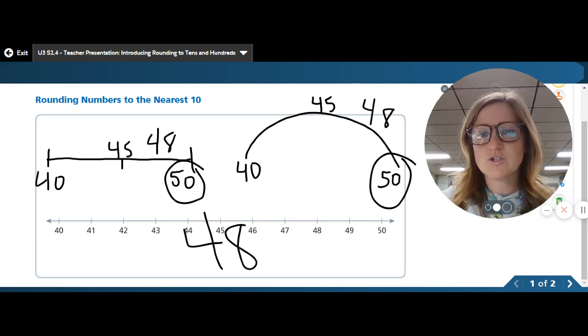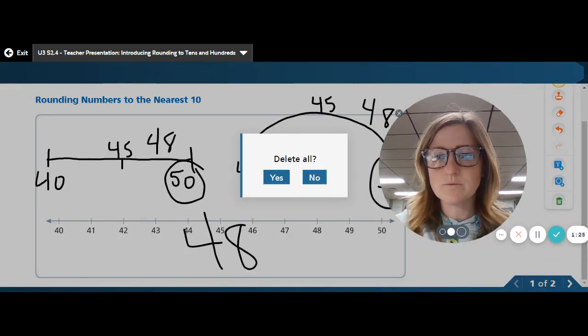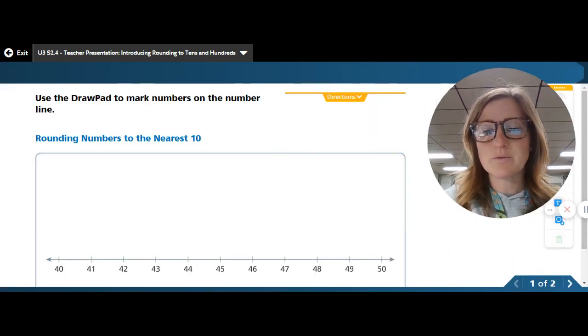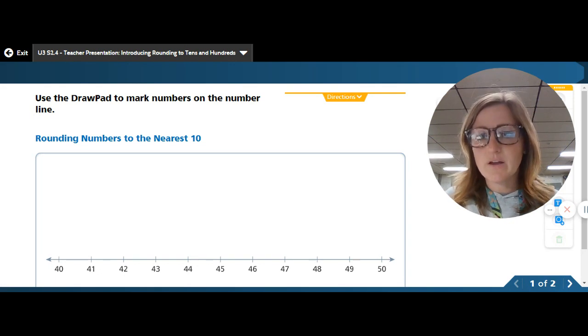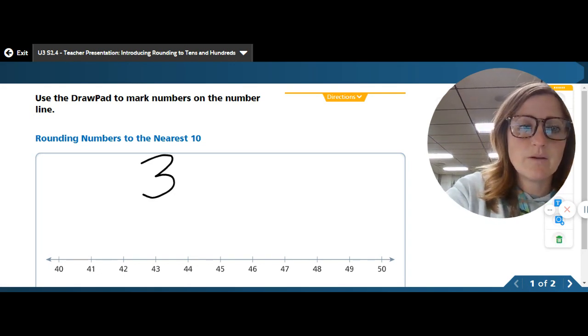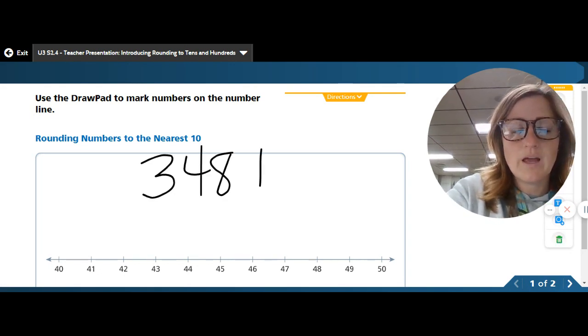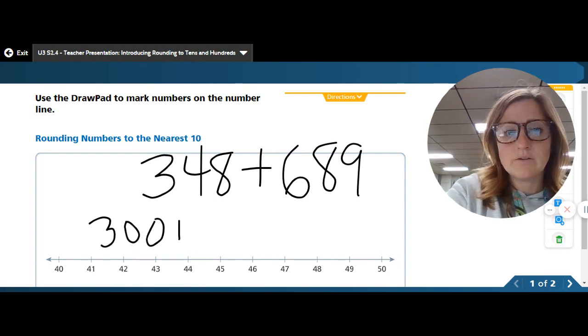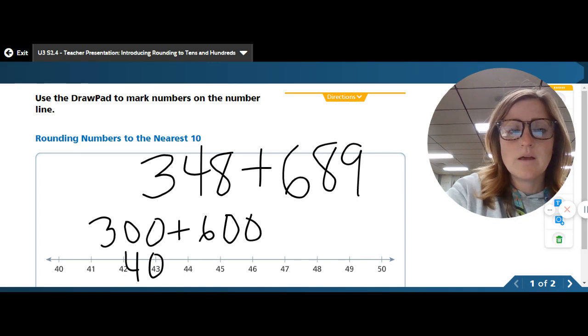One of the major strategies that we use is helping students add by place, where they're able to really see the place value in numbers. For example, if they're adding 348 plus 689, being able to identify the hundreds and add those, the tens and add those, and be able to pull